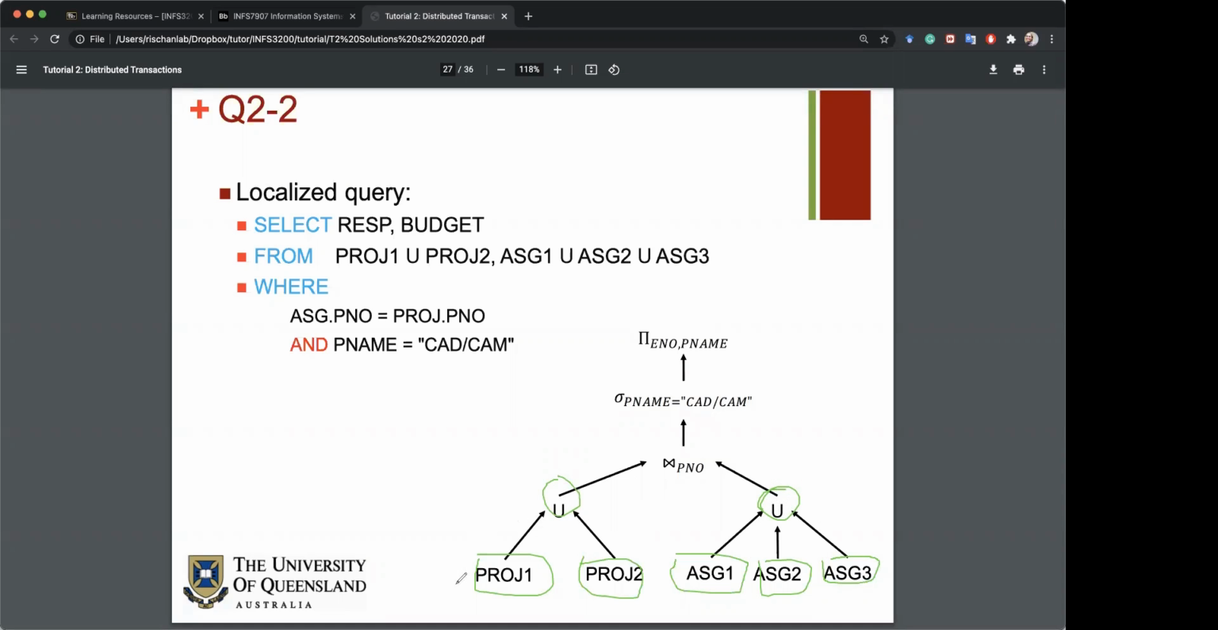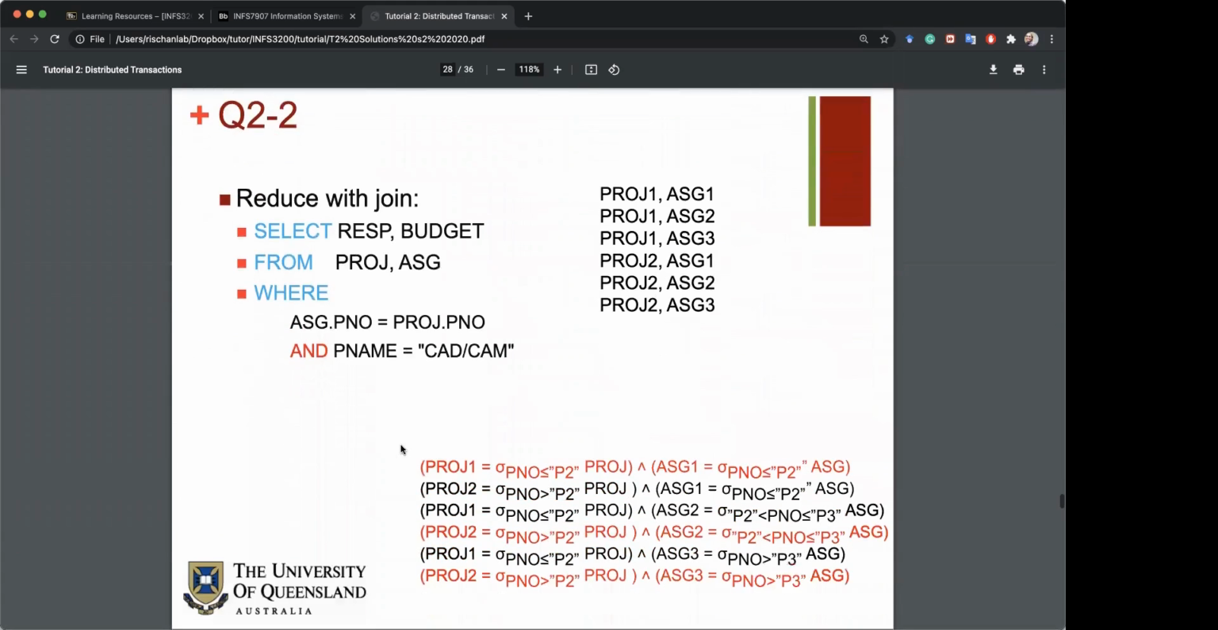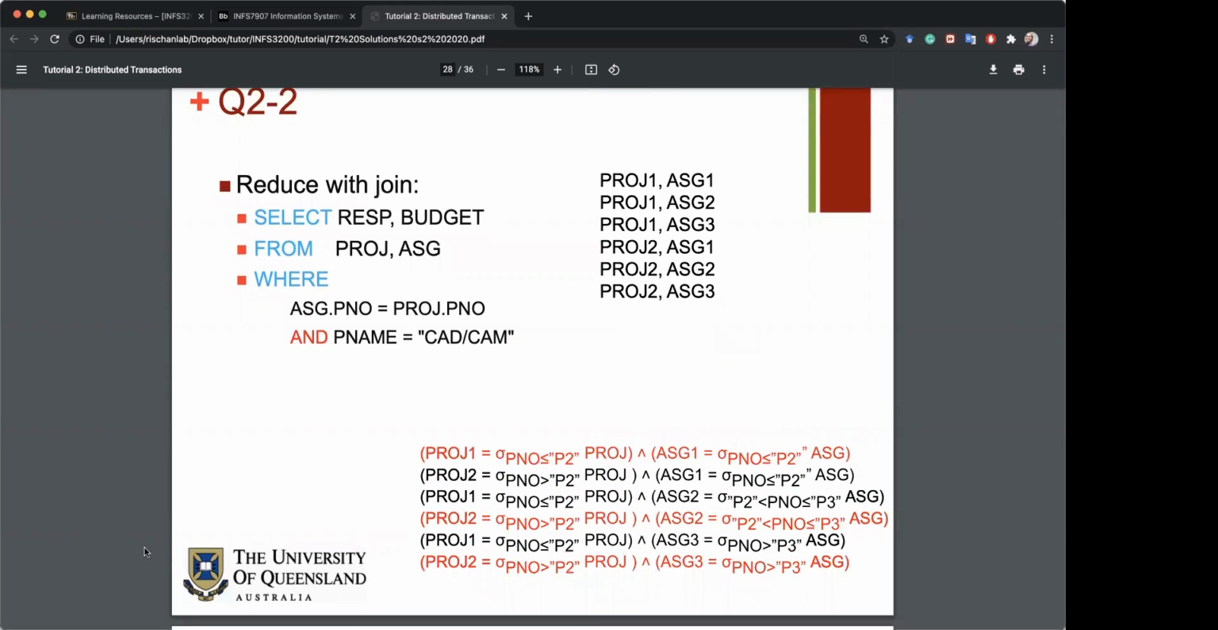So this is in the case of distributed database, right? So if we have a query, we need to bring up the project, union it again. We need to union the assignment and then do a join, and then do a where clause, and then in the end we do a projection, right? So this is the localized one. And the next step is how about the reduce with the join. So to reduce this query,